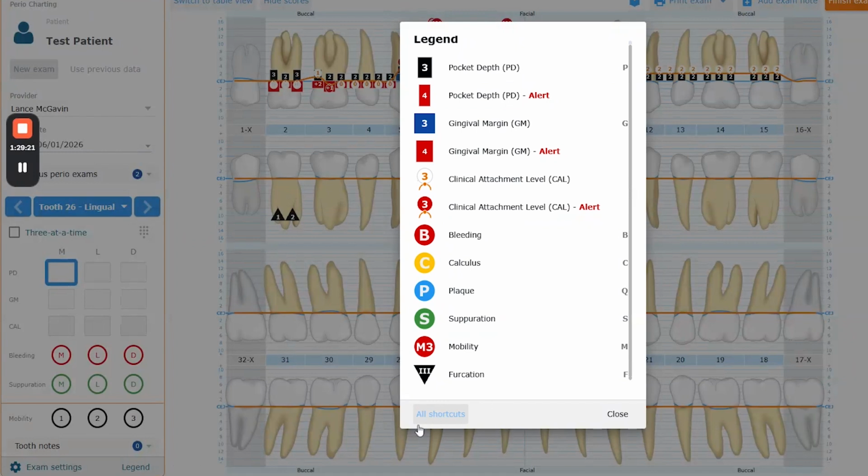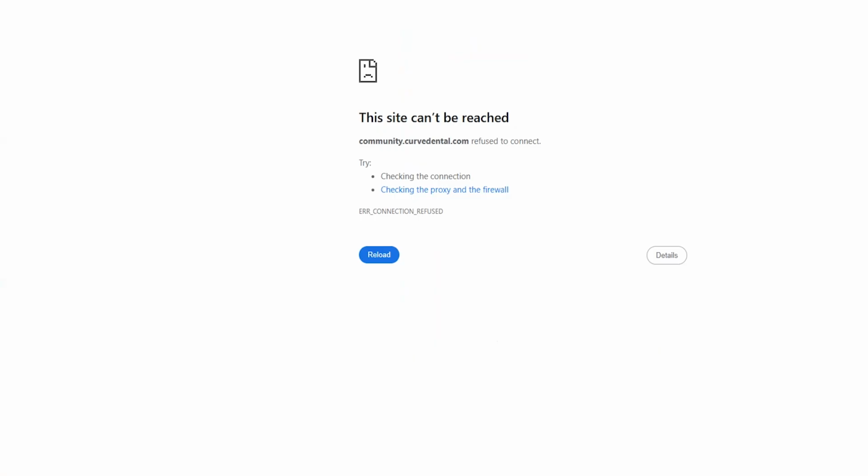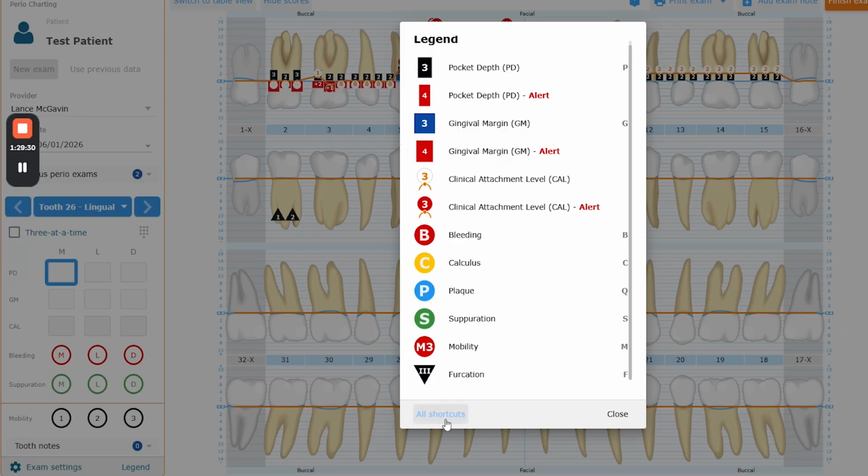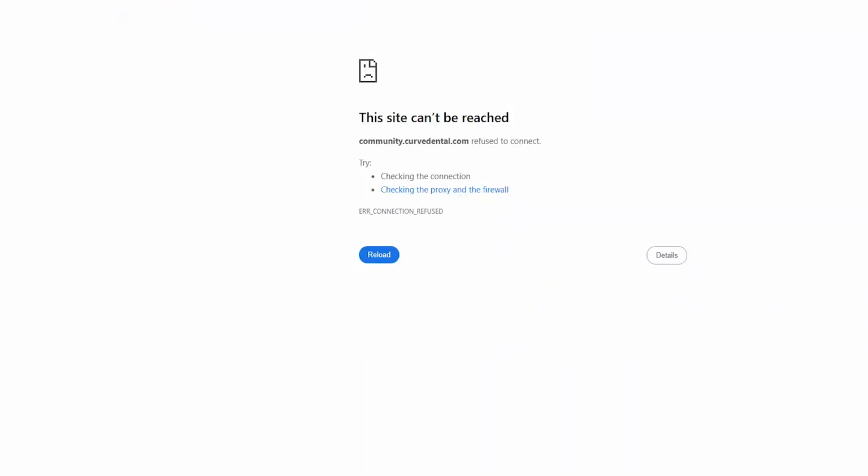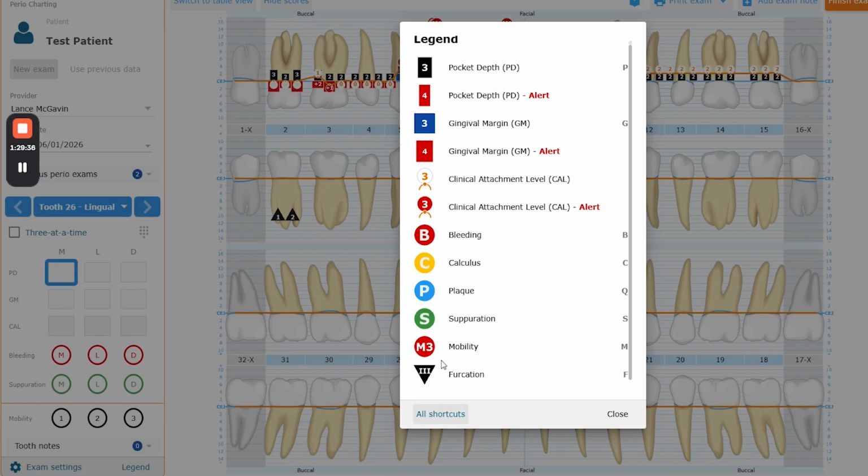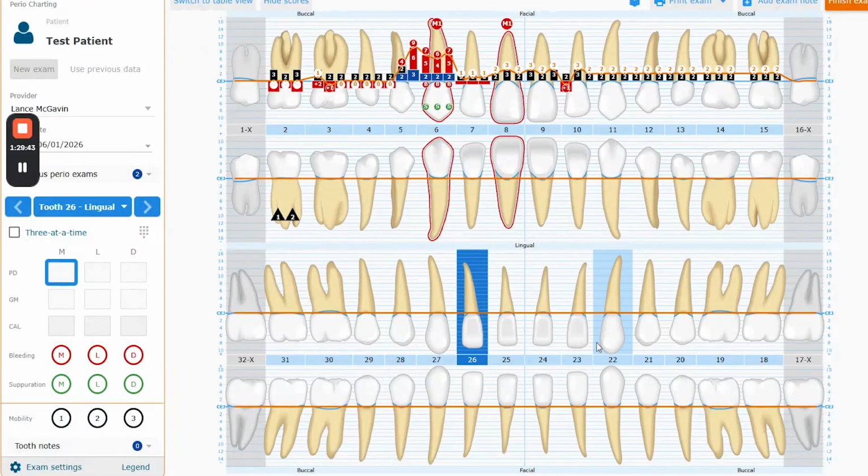And then if you click here under legend, you go to all shortcuts. It will bring another screen open. Now it used to, looks like the link is broken now. I'm sure they'll get that updated soon enough. But there was a whole other legend of keyboard shortcuts you can use, and the one I'm gonna give you